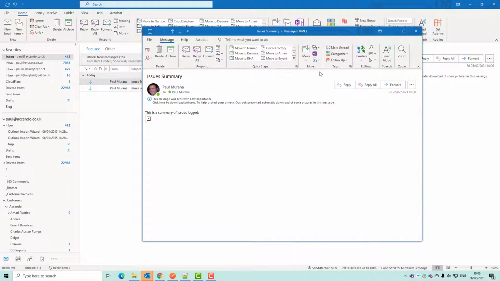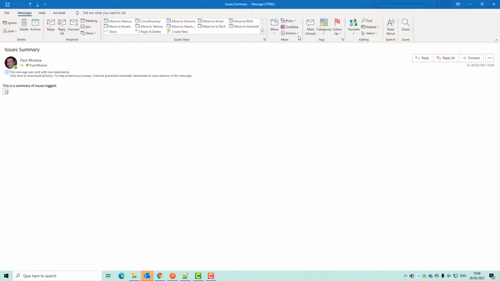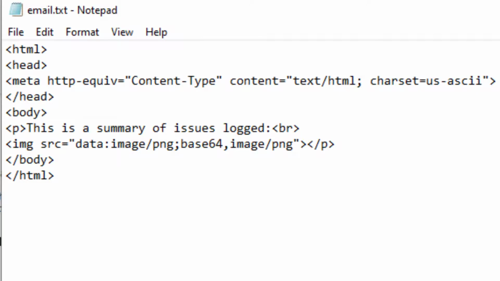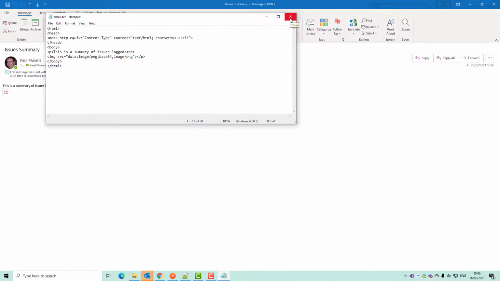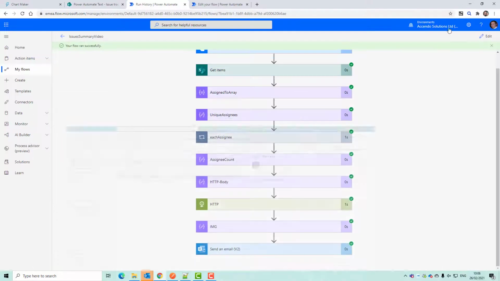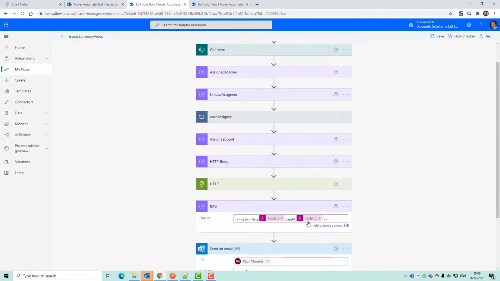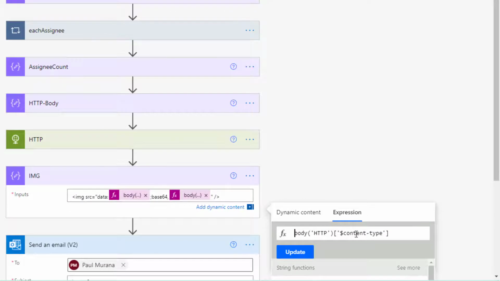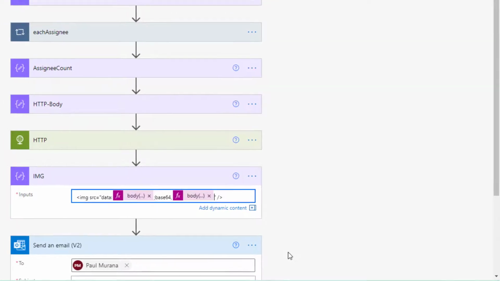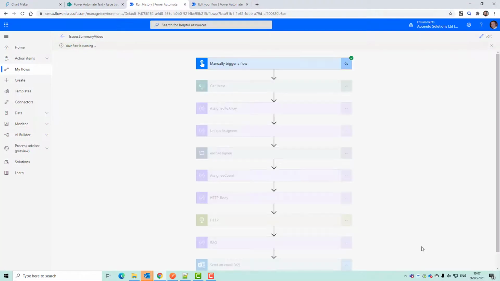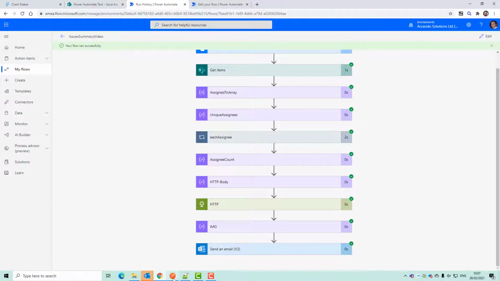it. Of course, it didn't work. Let's have a look why. Let's just view the source. As you can see here, I made another error in that expression. I put the content type in twice instead of the content type and then the actual content. Save that. Let's go and check it again.